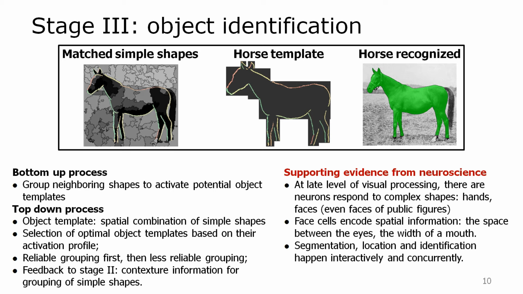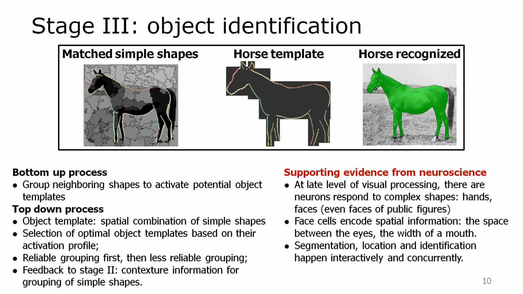In addition, the winning object templates at this stage provide feedback to the lower level, deciding on what basic shapes should be included, or breaking apart segments that contain both figure and background. As you can see, in our system, location, segmentation, and identification proceed interactively and concurrently, which is consistent with psychophysical